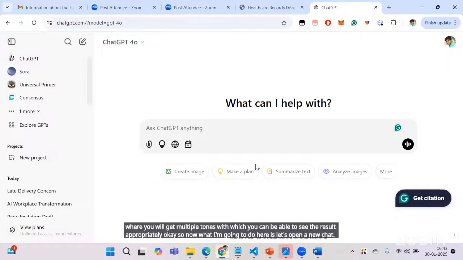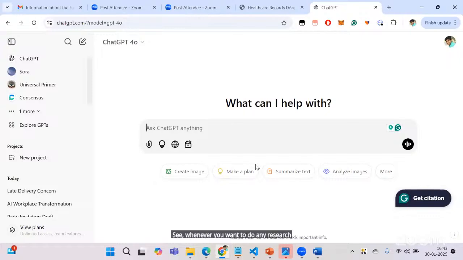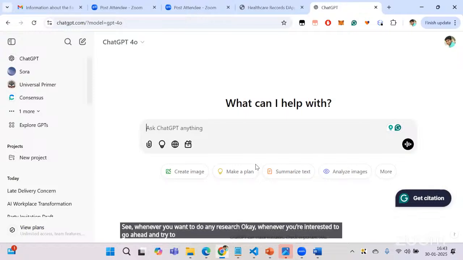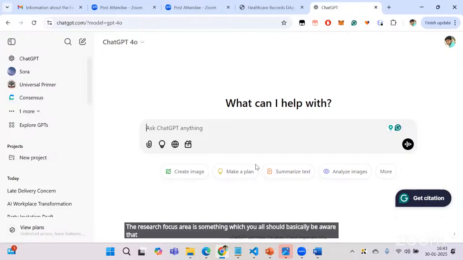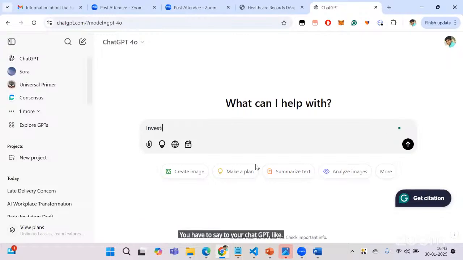Whenever you're interested in doing any research, you should know the research focus area. The research focus area is something you should be aware of: where I'm going to do research, how it is going to play an important role, or what my topic is. After you know that, you have to say to ChatGPT, like, okay, I will say